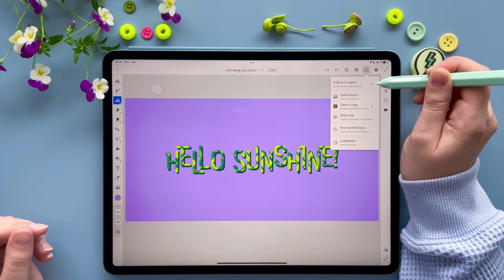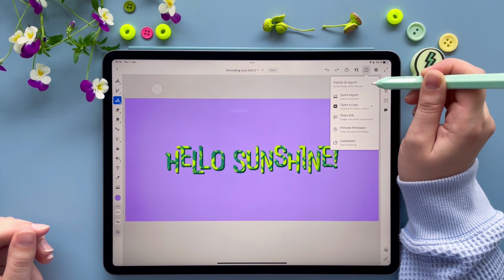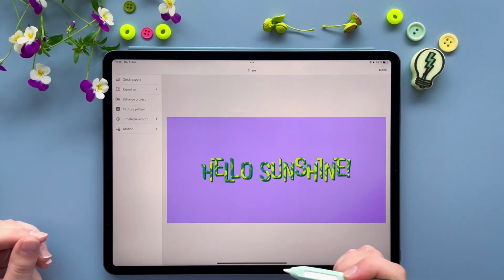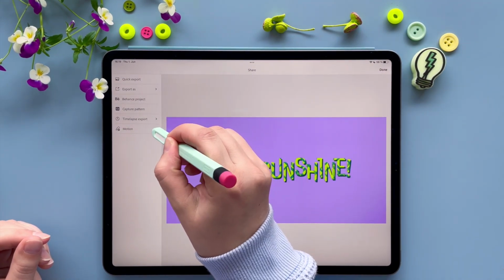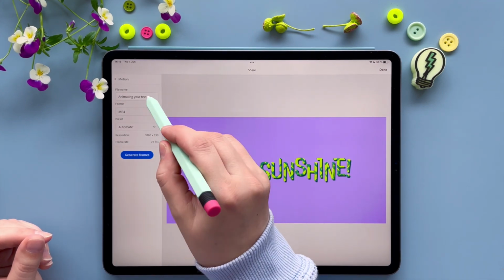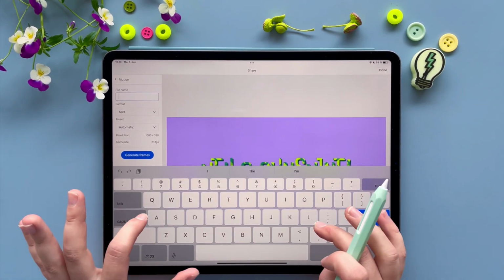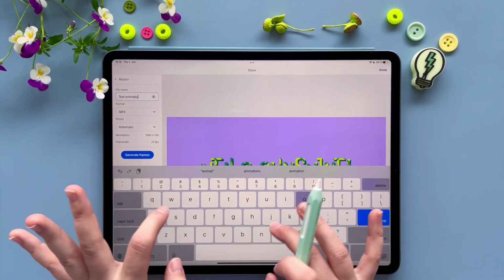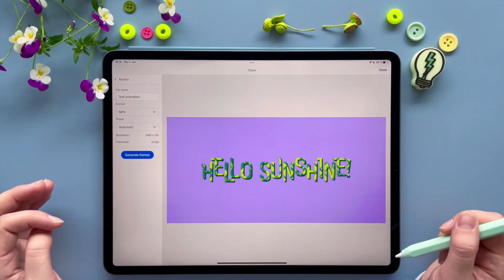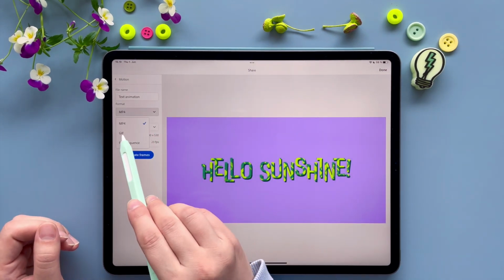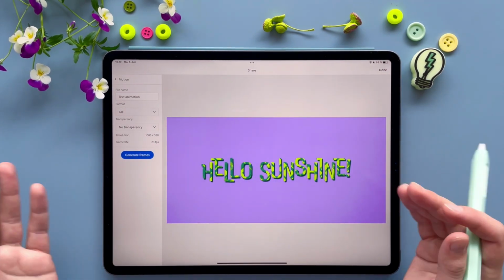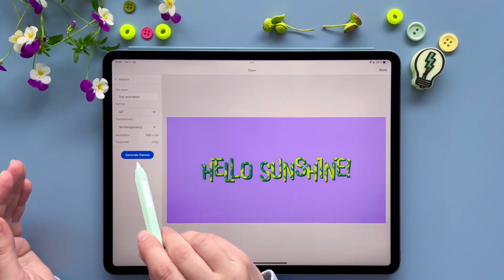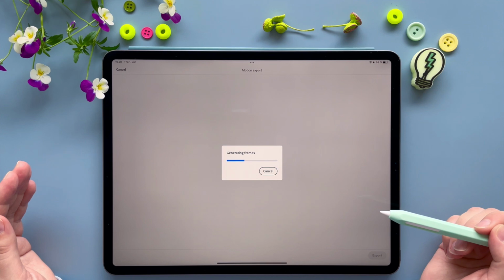So this is the export button, and you're gonna choose this first one, publish and export. Okay, and then you choose here motion, and you can name it. Let's do like text animation, the name for it, and hit done. And the format here, you can make GIF out of it, for example, that it's looping. Let's make GIF. And then we're gonna generate the frames,